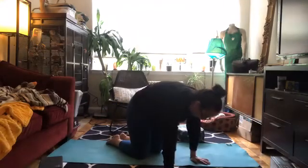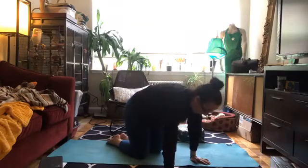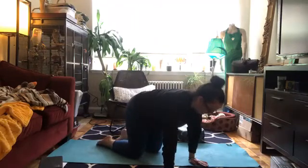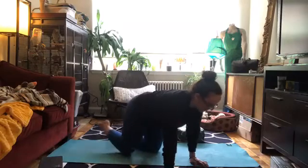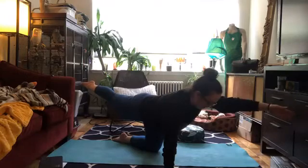All right, give yourself a couple cat-cows right here. Shake it out. We're going to get a little more active, you guys. Okay, so once again, keeping your left hand, right knee down on the mat. We're gonna come on back into bird dog, extending your right hand in front of you, left knee behind you,